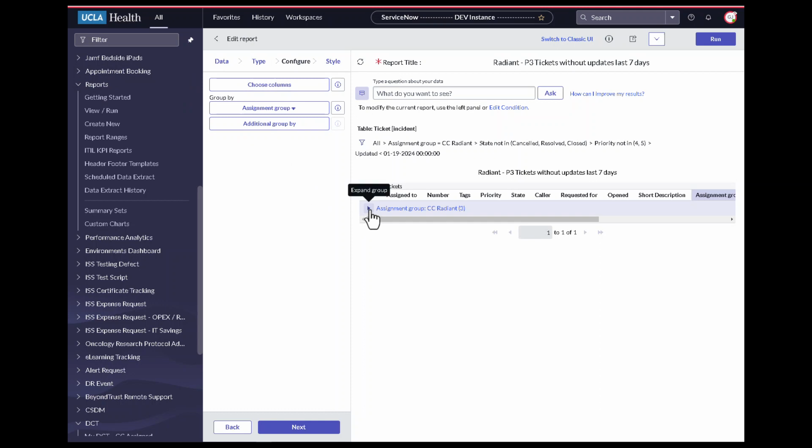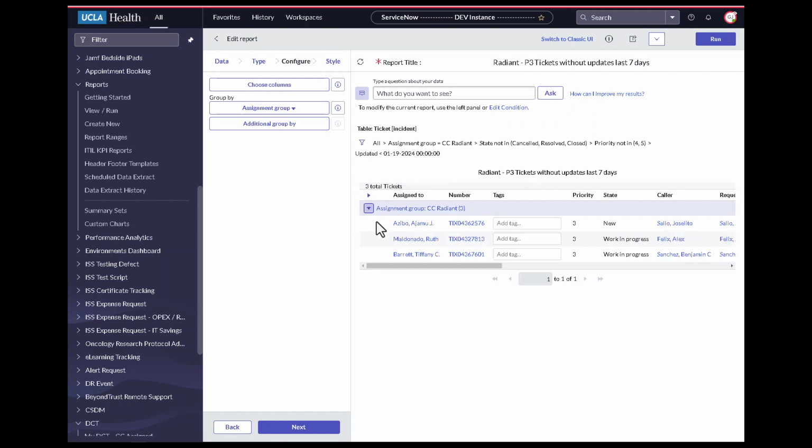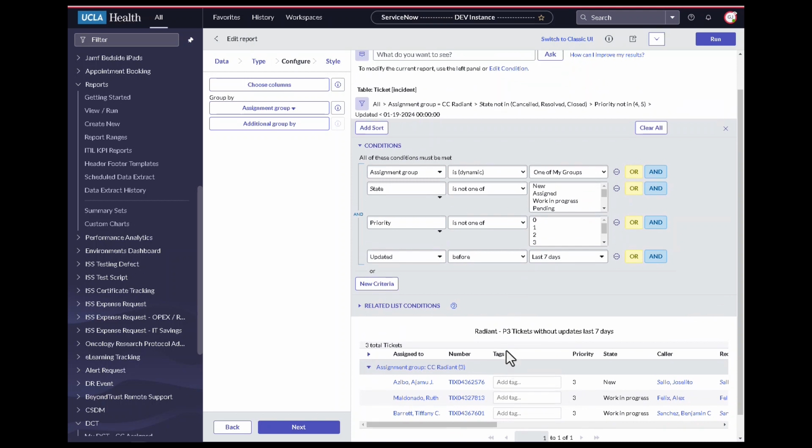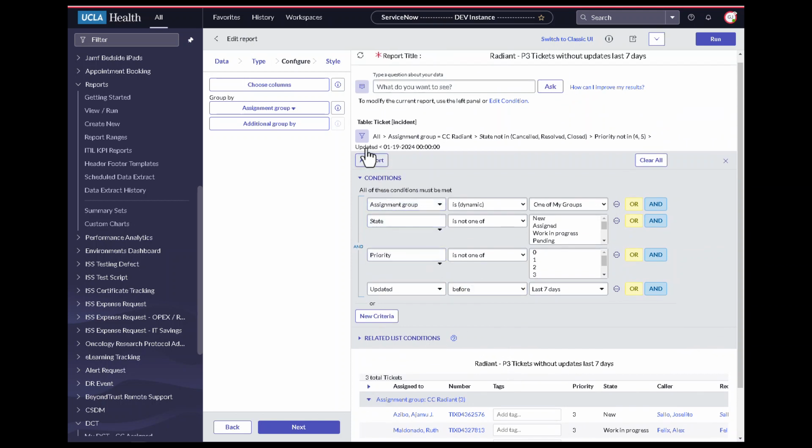So for this report, I want to see all the tickets for my group, which isn't Radiant. So I'll go ahead and change the filter here to reflect my group's tickets. So what I'll do, very simple, change this here to dynamic and then to one of my groups. So when we look at this report here, currently we're looking at tickets that